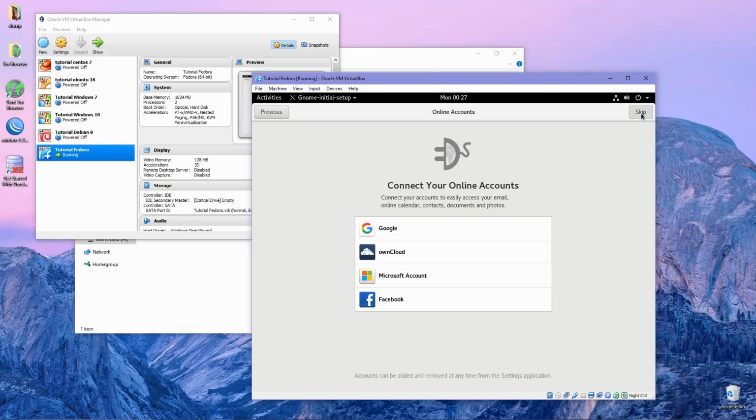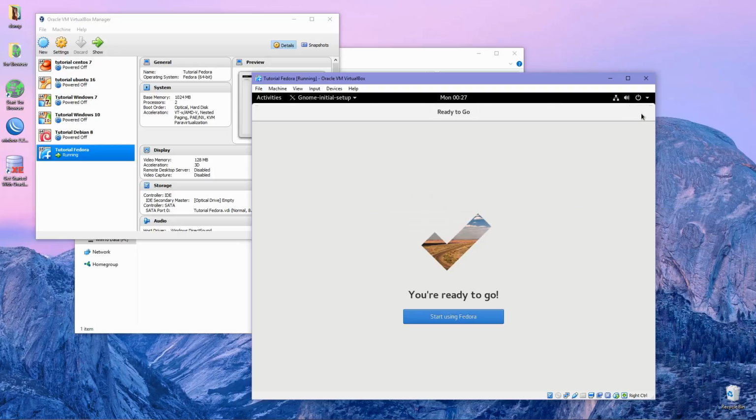You can skip it or you can connect to your online account. Okay, now we can start using Fedora.